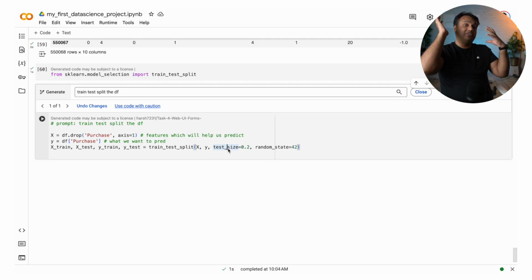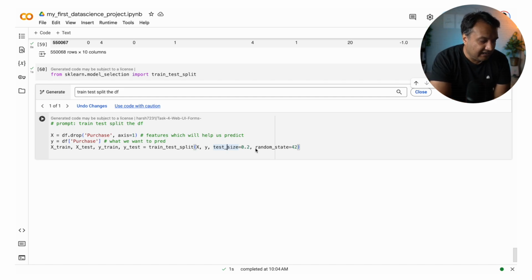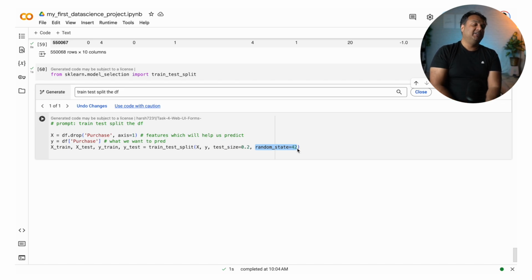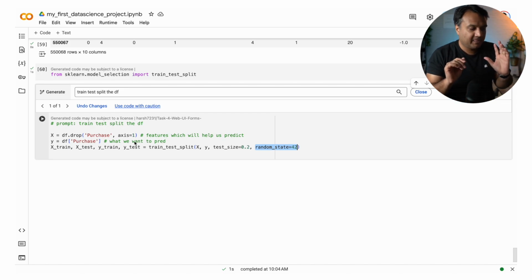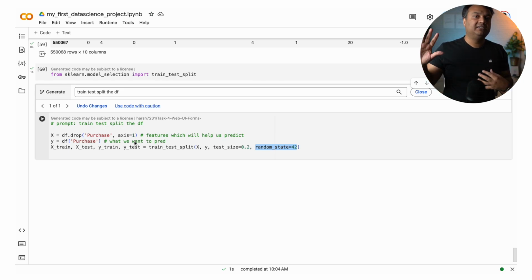Once we have trained the model, we'll see how good it does on the 20% which it has not seen. Random state, very optional. It is generally used because train test split randomly assigns data to the train set and test set. If you have assigned the random seed of 42, every time you do it, it will do the assignment in the same way. So if you want to do it on your computer, as long as the data is the same and the seed is the same, the randomly created train and test set would be the same. So this is for reproducibility, totally optional. I can just remove it or keep it, doesn't matter.